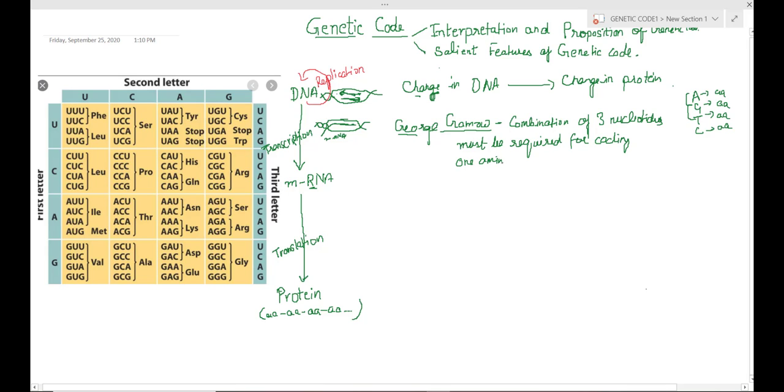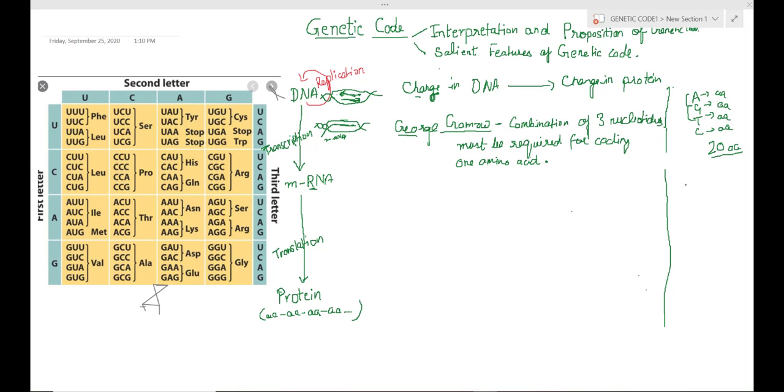Through permutation and combination, we can also predict this. As we know, if each of the 4 nucleotides coded for a single amino acid, only 4 amino acids would be coded. The number of amino acids in biological systems is 20. If we take a combination of 2 nucleotides from the 4 nucleotides,